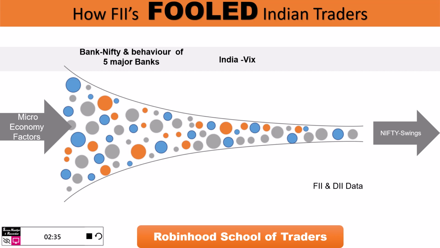Then the third parameter is FI and DI data. This data will stun you. This video is primarily for this: how FIs have fooled us and DI has somehow managed the market. Then why is there a need for Make in India? As we had after Corona, we had the Make in India project. In the financial market also, we should be having a Make in India project. FIs should play a role, but with some limitations. There has to be some sort of rule, which we don't have in the Indian market as of now.